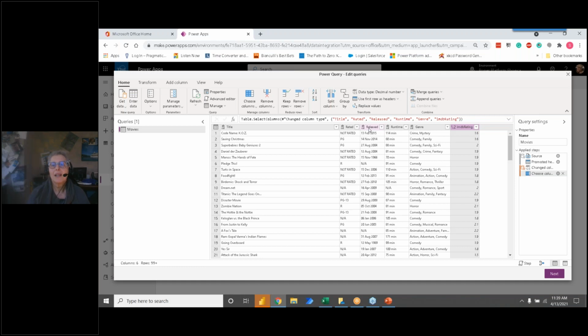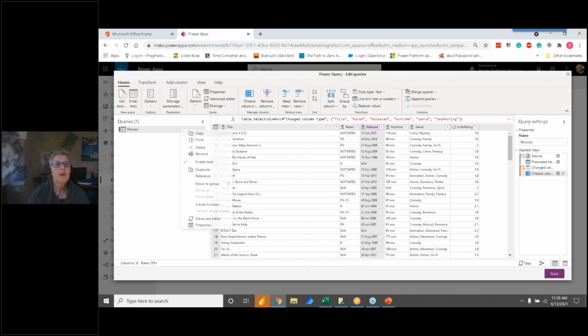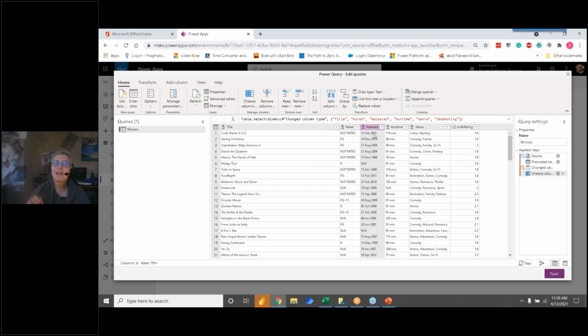If I right click on the column, there's a context menu. If I right click on the query, there's a context menu. If I click one cell and right click, there's a context menu. A lot of the commands that are in the menu ribbon are repeated in the context menus, and it's just a matter of what you like to do as to where you use them.